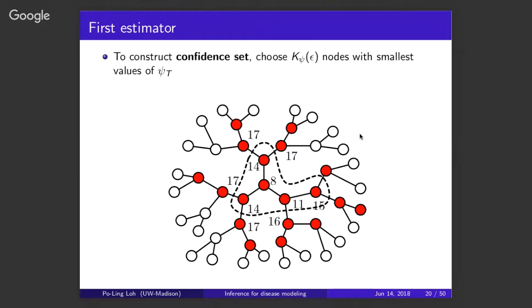All right, so the statement is that for a particular k that I'm going to describe, that depends only on epsilon and not the number of red nodes, if we construct this set as the minimal nodes that minimize this criterion psi, then we in fact get a valid estimator. So a valid estimator means that with probability at least 1 minus epsilon, this estimator will be correct. So it will contain the source.